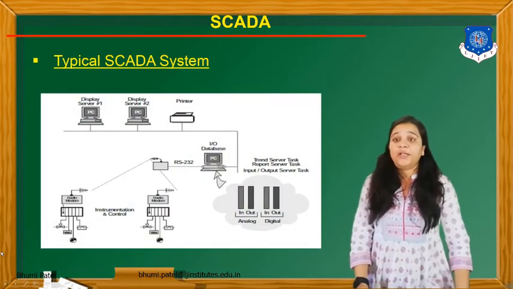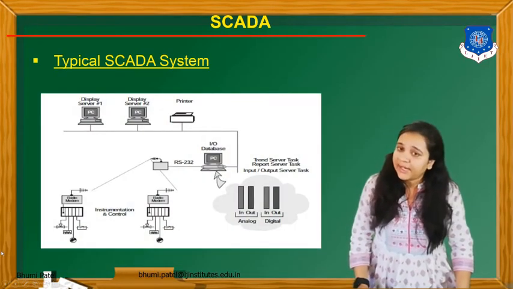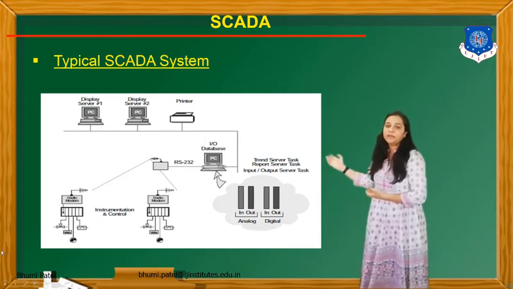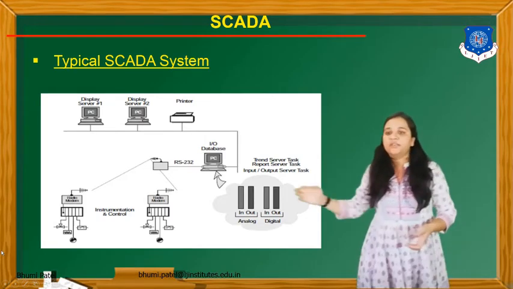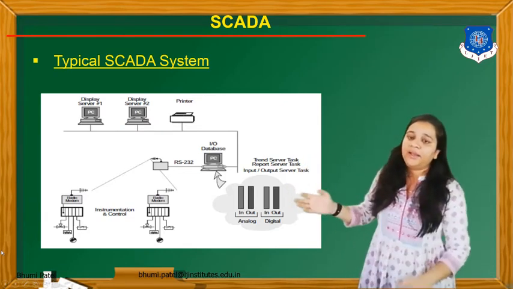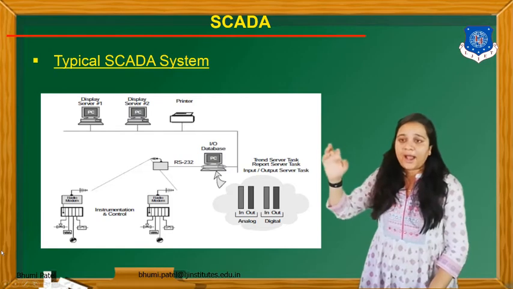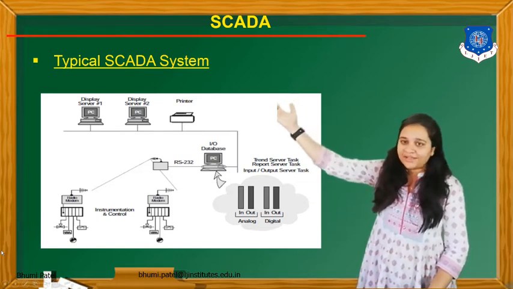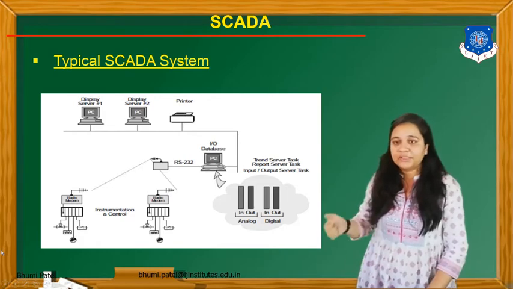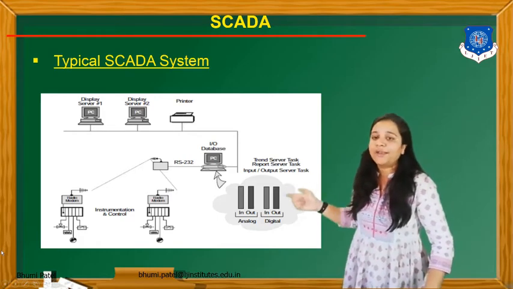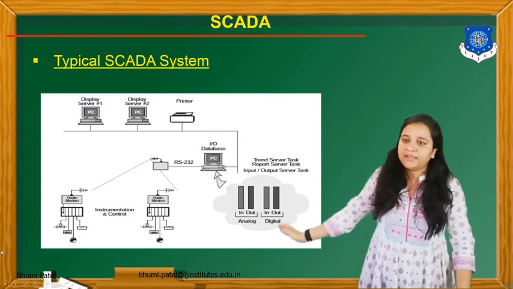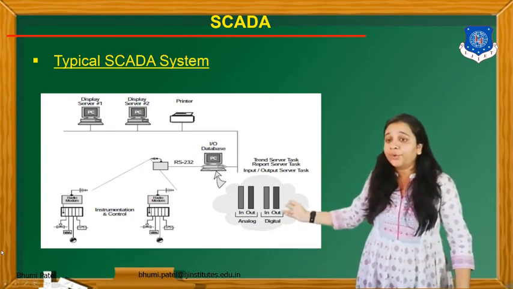Now this is the typical SCADA system design. As you know, we have to apply the analog and digital input output devices with some PLC hardware, and then this PLC will be connected with the RTU, and the RTU will be connected with the master station using the communication system. Here they will use RS-232 for the communication purpose, and here they will connect two instruments for this particular system.